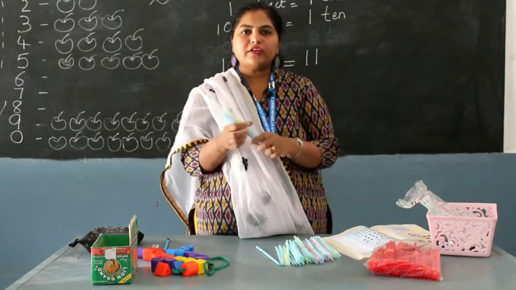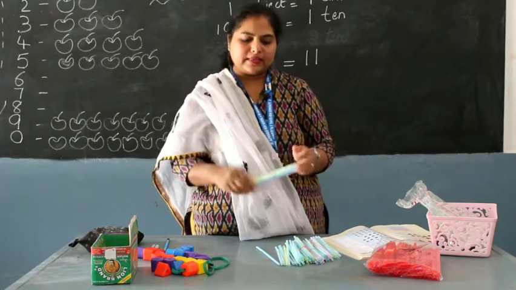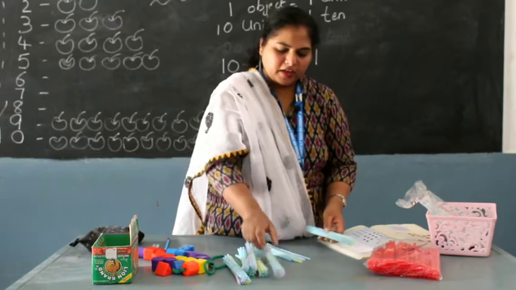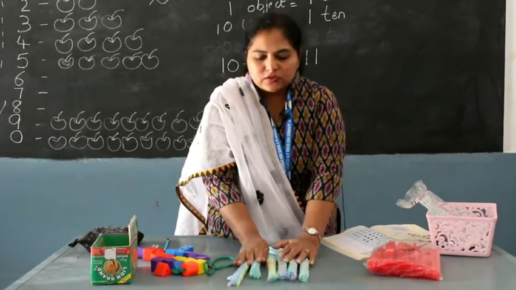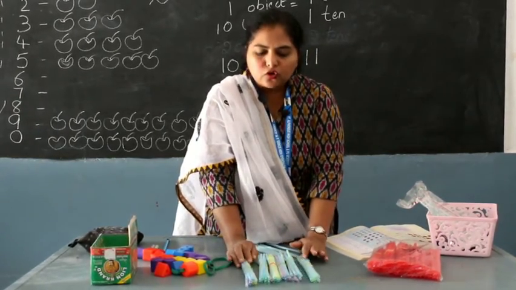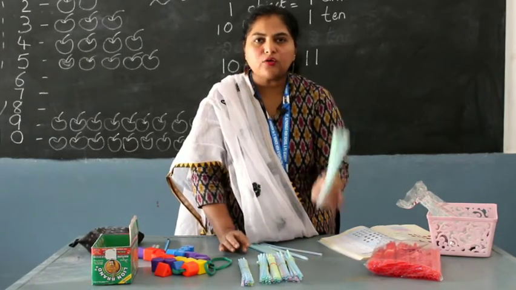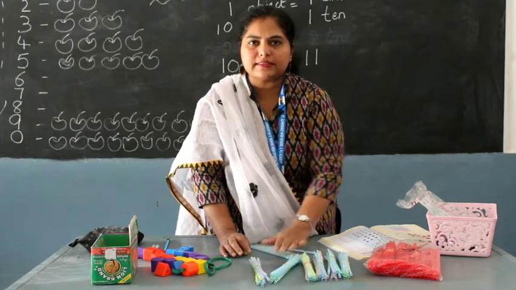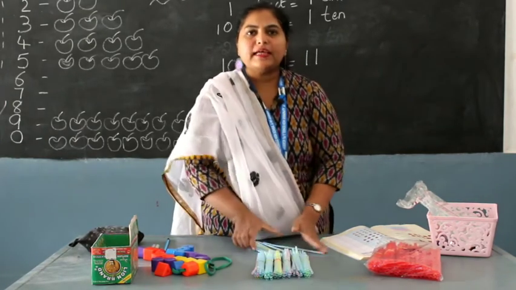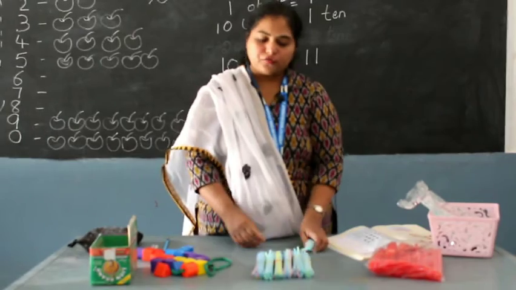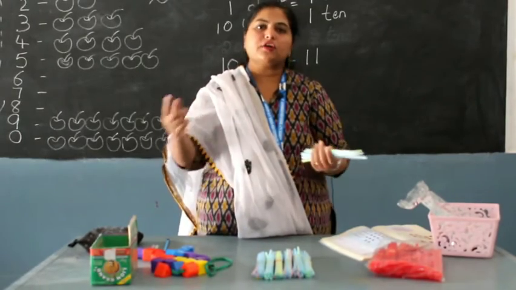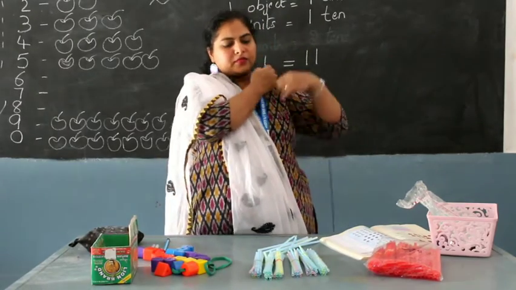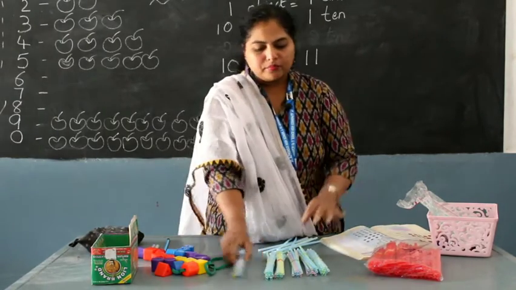So I make a lot of tens, straws in groups of tens. Like I'll make 1, 2, 3, 4, 5, 6. Now I have so many straws which are all grouped in tens. Okay, so then I'll count it as 10, 20, 30, 40, 50, 60, right? So you know how many tens you have. So it's easy to count for you all. Instead of counting 1 to 60, I'll only count 10, 10, 10. Then what happens? I'll get groups of tens.